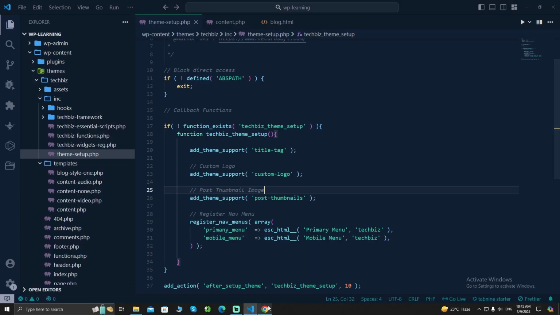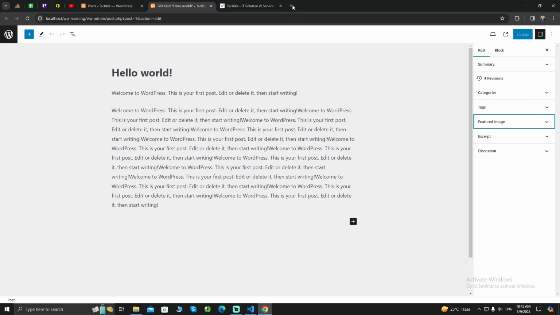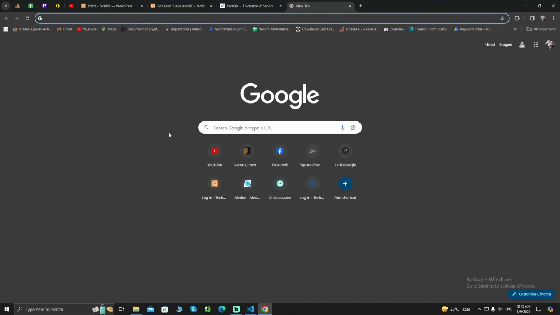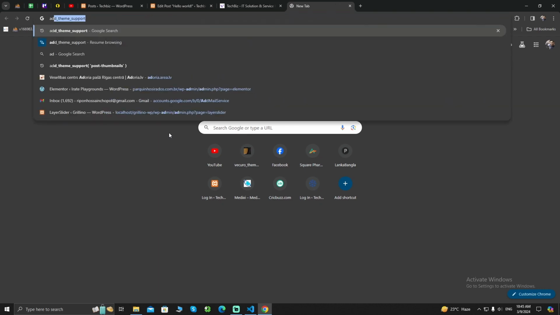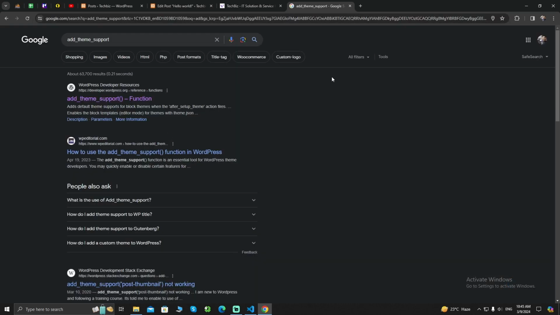By default, WordPress has some post formats, so we'll have a look at that. For that, we need to know about add_theme_support. As you can see, it is suggested because I have visited it so many times. So I'll click on add_theme_support,